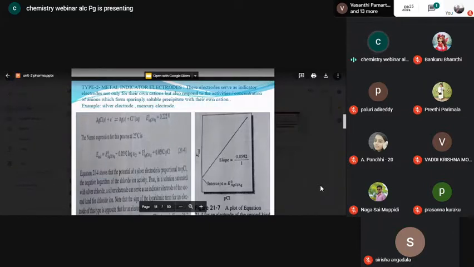Is it clear? I hope up till this you are able to understand. Let us suppose, or let us think, that because of dissociation of AgCl, one silver ion is produced and one chloride ion is produced. Think like that. So now how many silver ions are present in the medium in free condition?